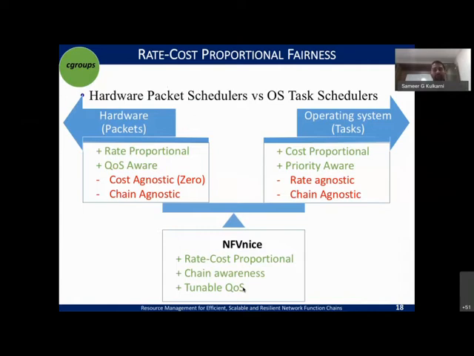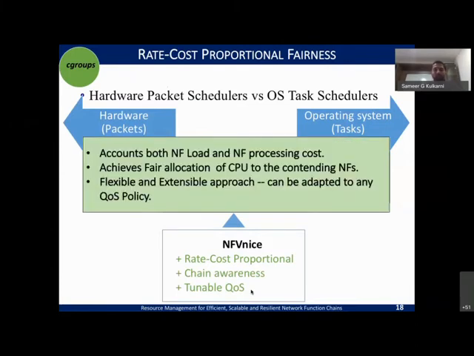Can we take this information and use it to control the way the scheduler operates? And then you want to have a tunable QoS so that if different network functions are required to operate in a different manner, you can control each network function's weightage. So we bundled these characteristics and implemented our NFV NICE framework.